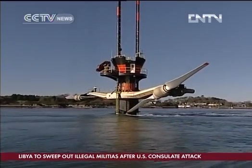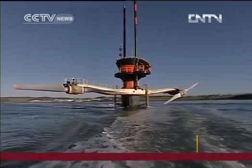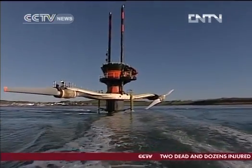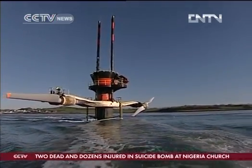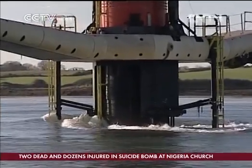I think fundamentally tidal stream has to have a place. It's harvesting the income of the planet, and this is what we're talking about. So we're going to need much more of it in terms of the spread of technologies to meet our voracious demand for electricity. CGen, which designed and built this vast structure, paints itself as the poster child of tidal technology,